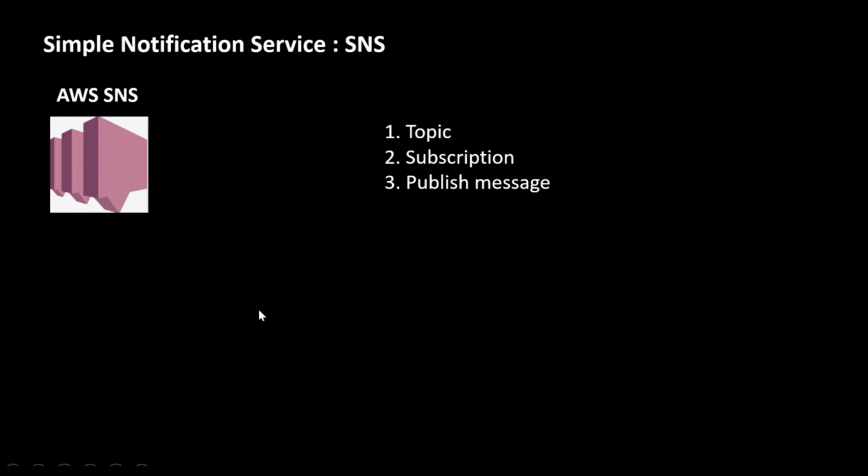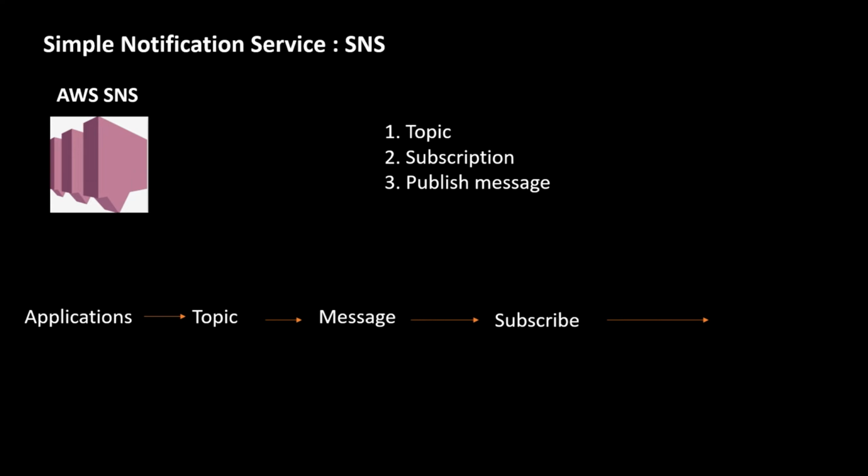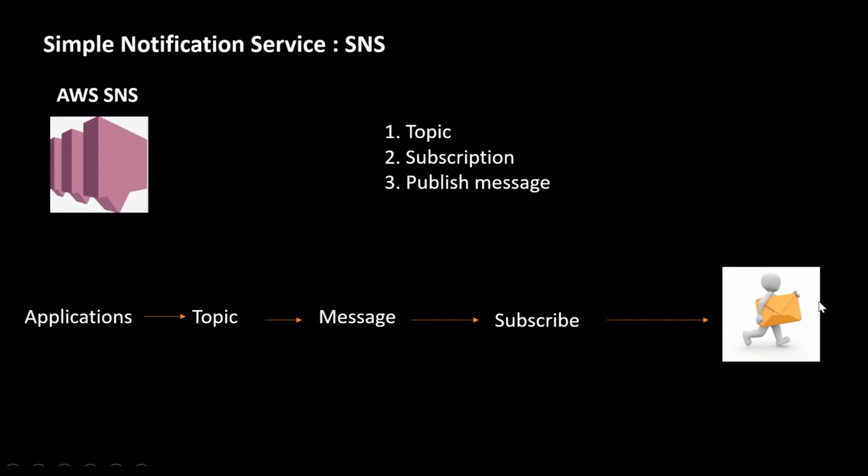Now we are going to understand everything through an animation graph. Firstly come the applications. After that, the applications send the message to the topics, and finally the message reaches the subscriber, which here I'm going to show as an email. As I mentioned at the start of my tutorial, this topic is particularly designed to show how SNS is configured with email as a subscriber. So as a subscriber we are going to use the email service, and here I'm going to mention one of my Gmail addresses. And I'm going to show you everything practically.